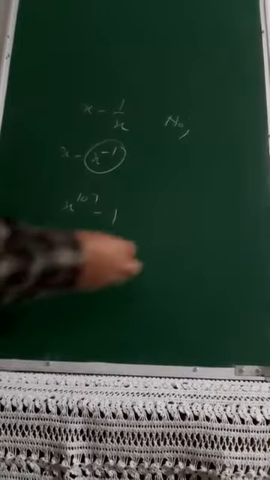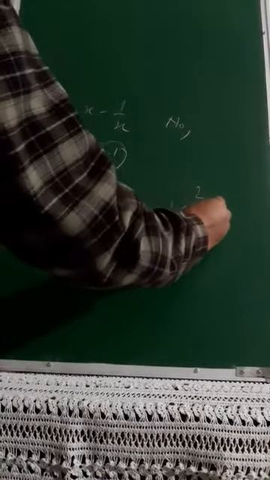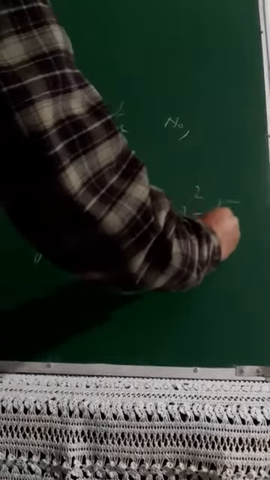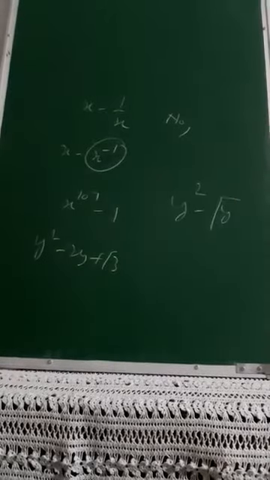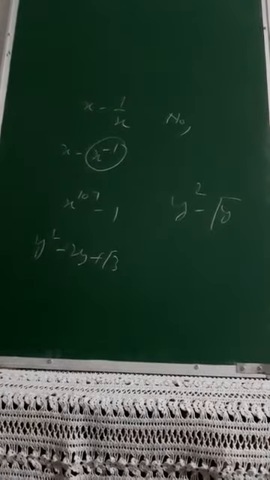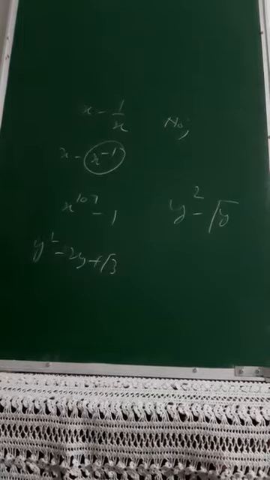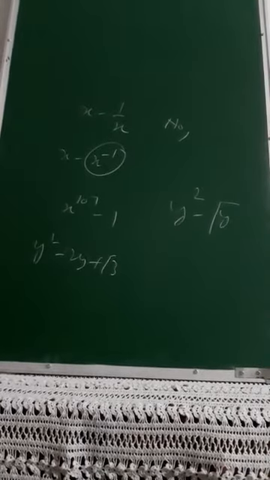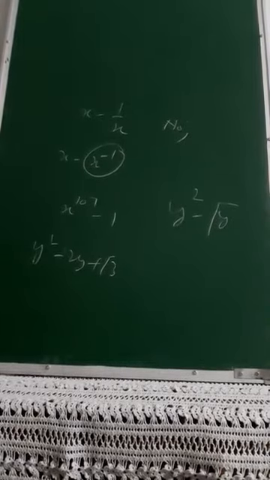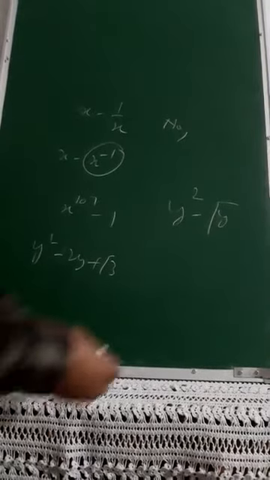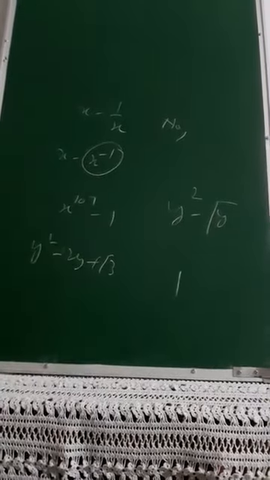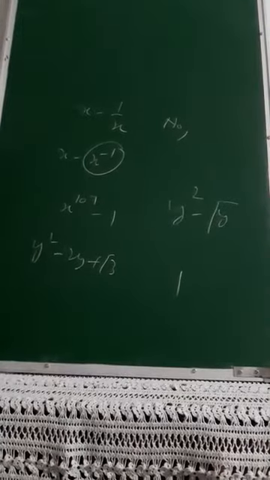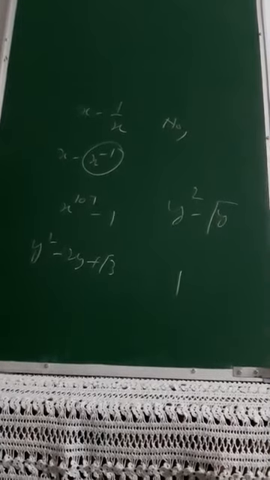So again, this is a polynomial. And the D part was y square minus under the root y. Again, the answer will be no for this, because y under root will be expressed as y raised to the power 1 by 2. Again it contradicts, as the power cannot be in fraction form. And finally it was 1. So 1 of course is a polynomial, but it is a constant polynomial, the degree of which is always equal to